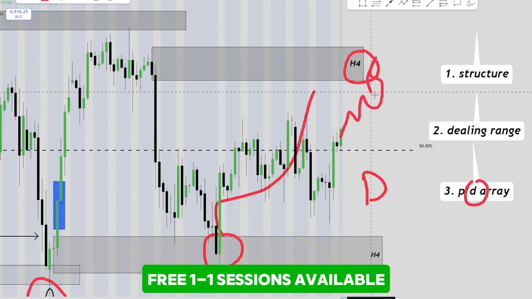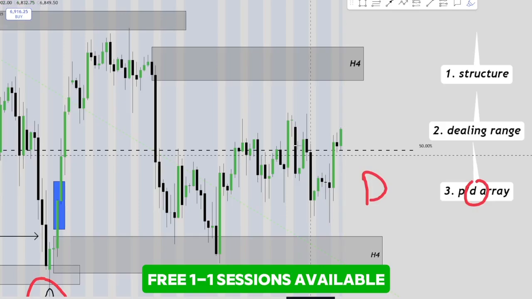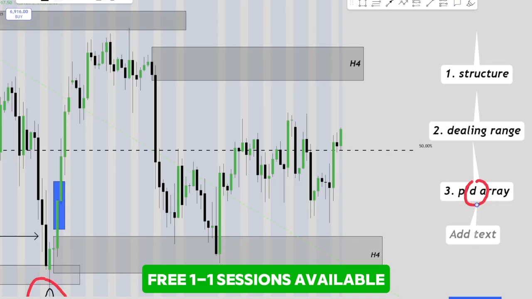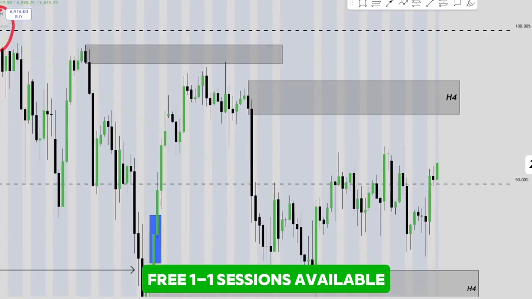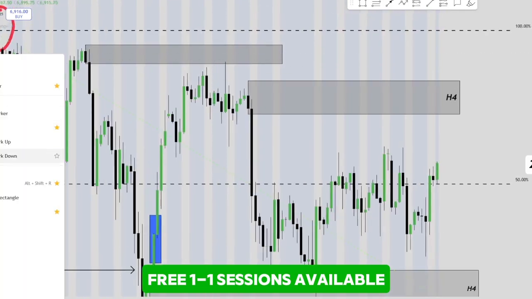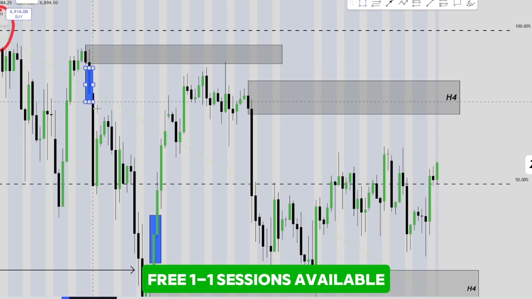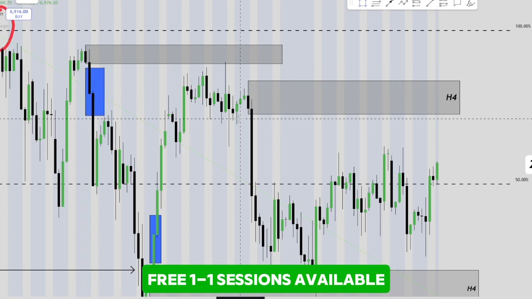So, from a higher time frame perspective, the reason we were bullish is that we were in the discount. And so once you have the discount, right, the next thing you're looking for is those fair value gaps. And these fair value gaps link to the key levels. So this is a key level, and this is a key level here for the same sort of reason, right? Because price has left a fair value gap just over here, and price has left another huge fair value gap